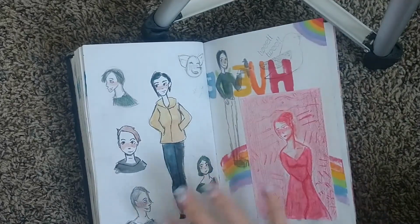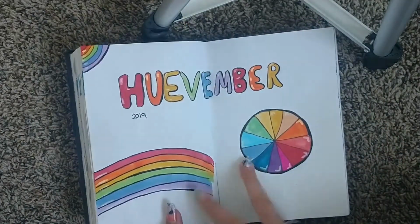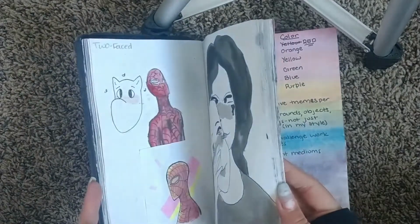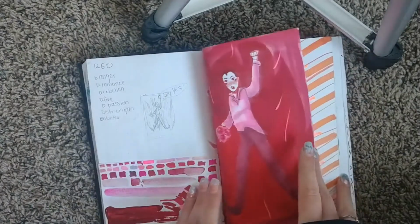And then I didn't draw for a really long time, and this is what came out. So yeah, I drew this in class, and then I just put it in here. And it was Huevember. Now this sketchbook, I was really excited. So the only good stuff I would say would be Inktober, because I was pumped, I was ready. And then Huevember, I was kind of like,